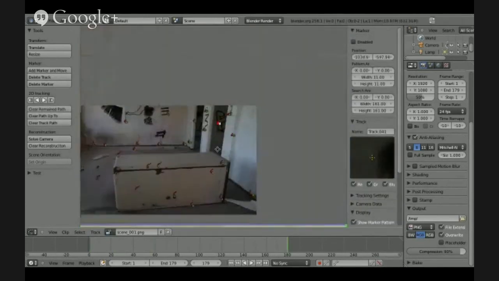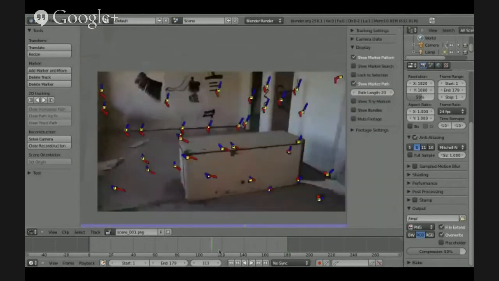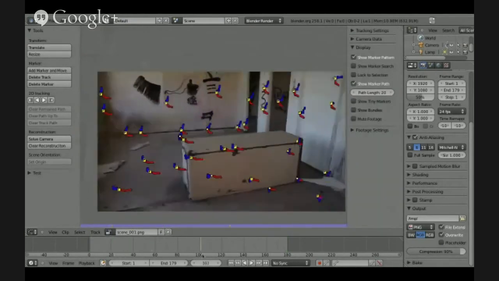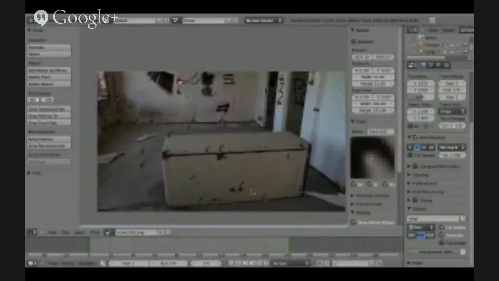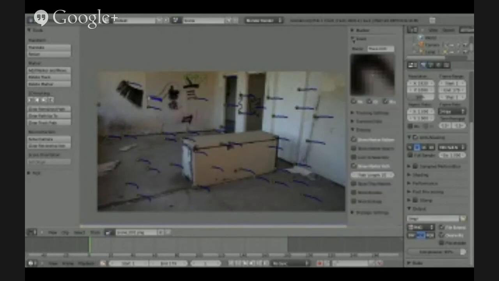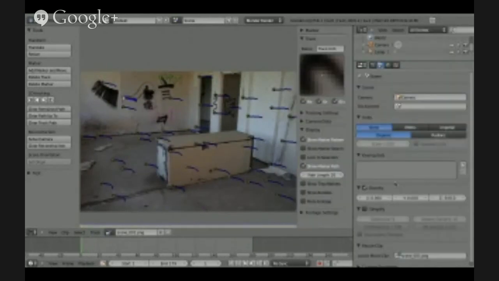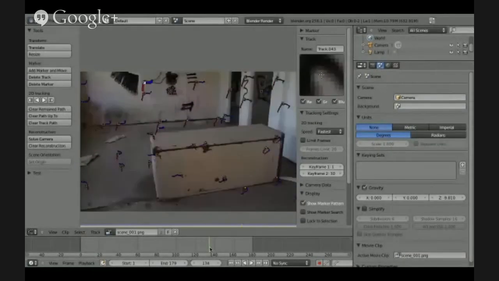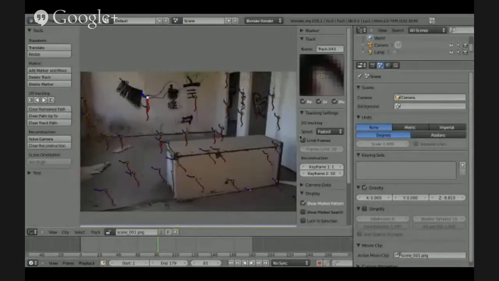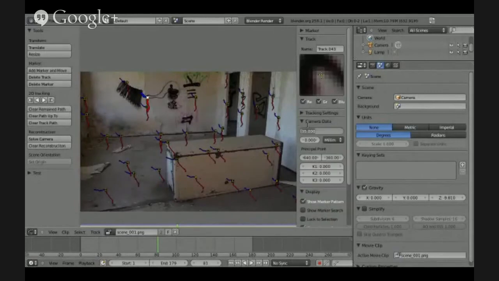And you have to get points that are all over the frame, both near and far from the camera, in order to come up with an accurate estimate for the motion of the camera in the real world. Okay, so this is showing one of these individual tracks, and now you can see that there's enough tracks to reconstruct the camera.